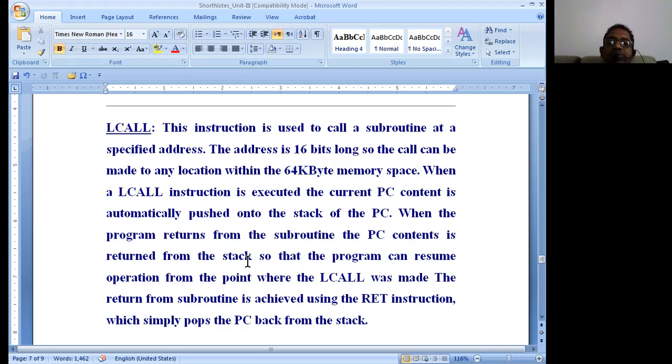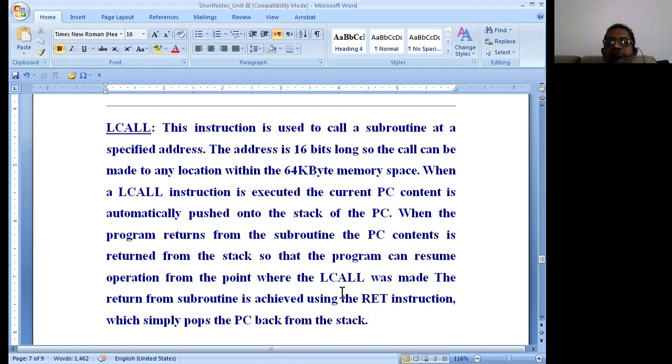So after the subroutine or function encounters the return instruction, the control comes back to the main program after popping the contents of the stack into the program counter. From that point onwards, the instructions get executed. Always remember, the program counter always points to the next instruction to be executed in the program.